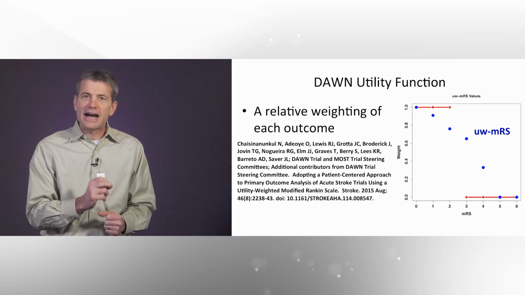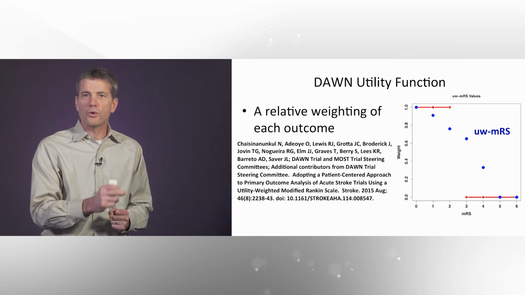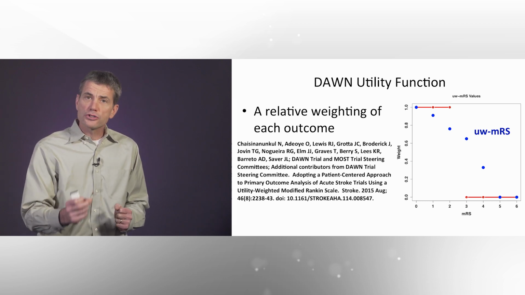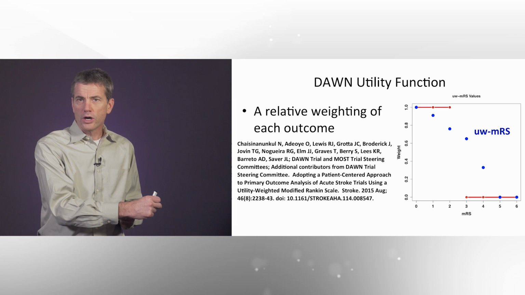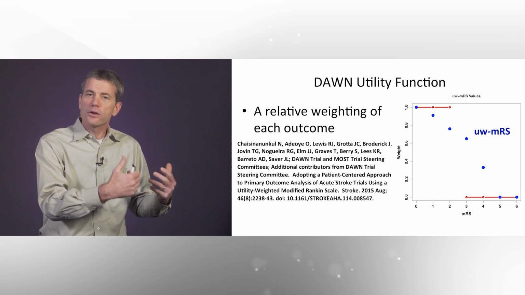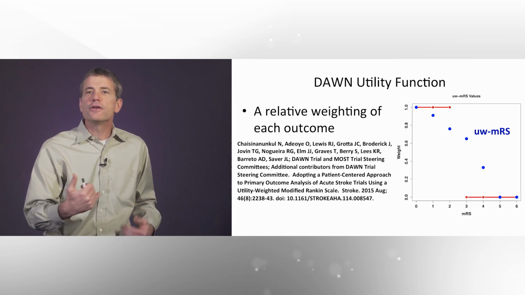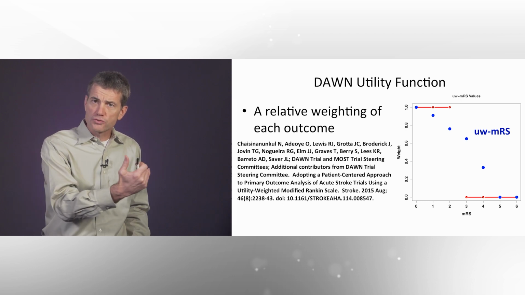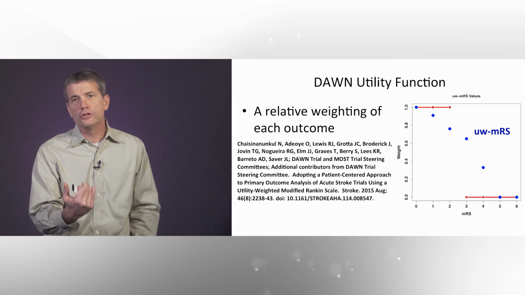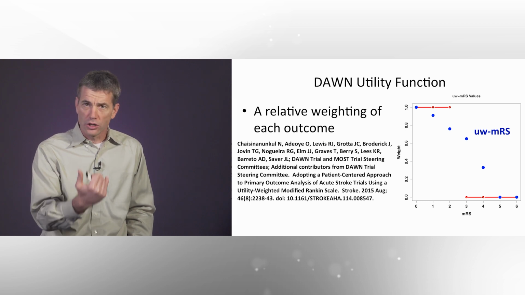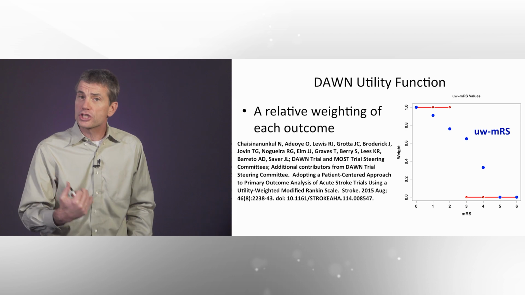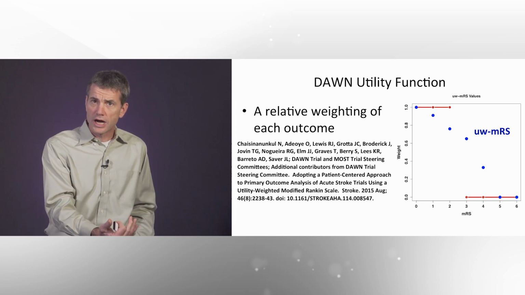You can see the values within the 0, 1, and 2 have monotonically decreasing states, but a 2 has different utility than a 1. It's a worse clinical state, and 1 is worse than 0, and the height of these is relatively important. You can see the drops from 0, 1, and 2 are relatively smaller than the drop from 3 to 4 or 4 to 5, which clinically is a more important drop.